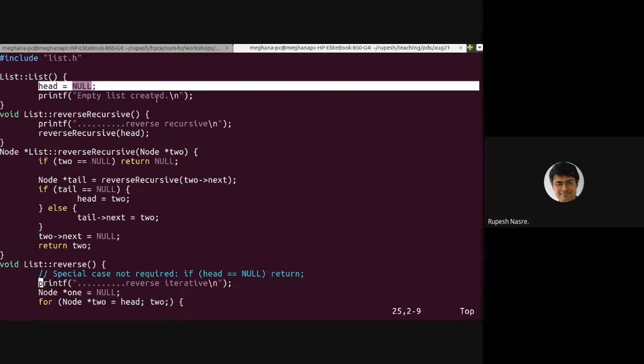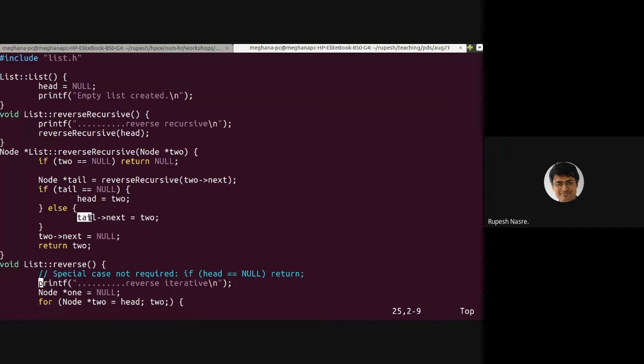Thankfully, in this case, their equal to operator is not overloaded, but I can overload an equal to operator, not in this case because head is a pointer. But if it had been a class, then you can overload equal to, and it can do arbitrary things. This tail arrow next, again, tail is a pointer, so you can't overload that. But if it had been some node which is of class type, that class type arrow something, that arrow can do arbitrary things. You can write whatever code you want inside that. That is possible in operator overloading.